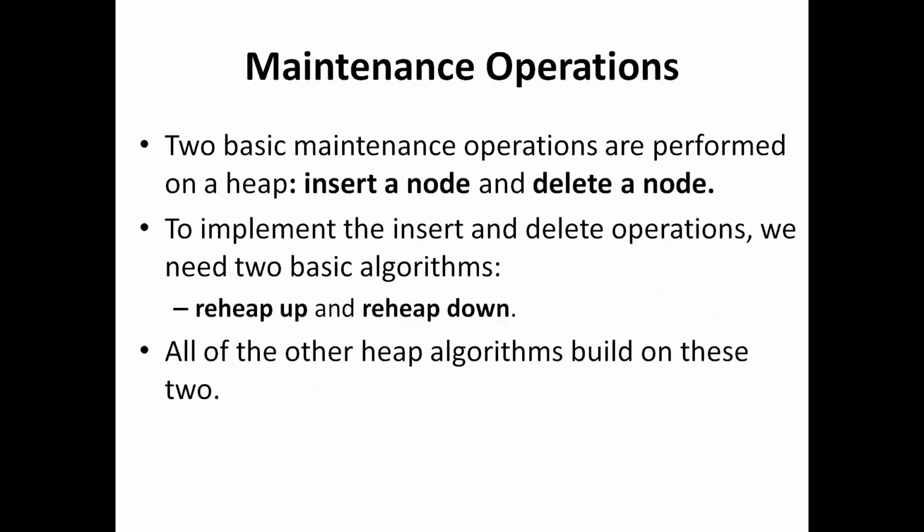Once you are given a heap tree, then we may have to perform insert and delete operations on the heap tree. But the problem is that whenever you perform either insert or delete, you are likely to spoil the heap property. So that heap property may be lost after the insert or delete operation. So we have to restructure the heap tree so that it becomes a heap again. For that we have got two algorithms. The first algorithm is called the reheap up algorithm. This is useful in the case of insert, and reheap down is used in the case of deletion.